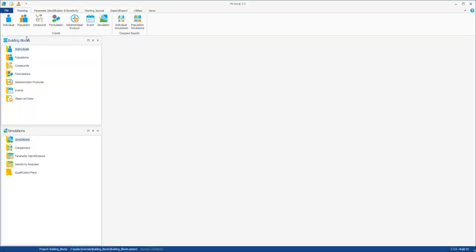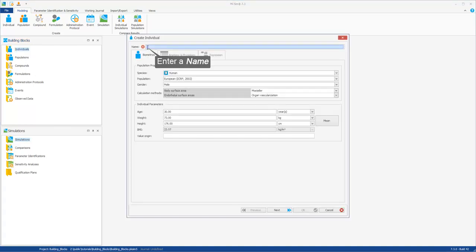To create an individual, right-click on Individuals in the Building Block Explorer and choose Add Individual. Enter a name for your individual. In the tab Biometrics, you can define the body dimensions of your individual. A human male European is predefined with mean values for age, weight and height, informed by the ICRP database available within PKSim. In the section Population Properties, you can choose another species,